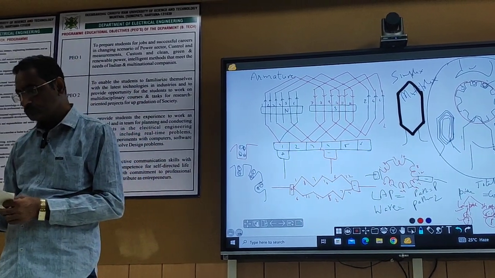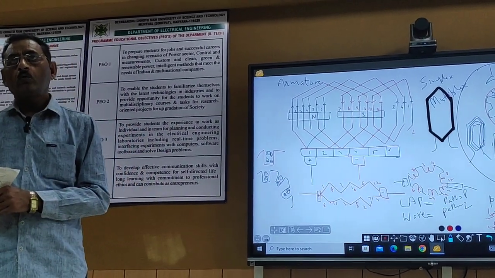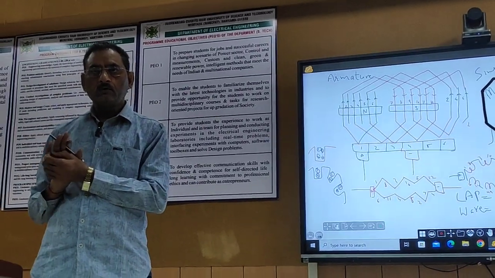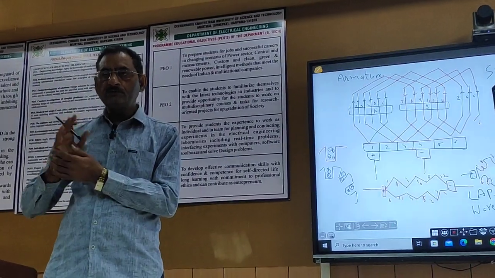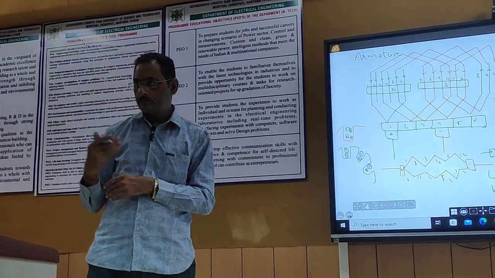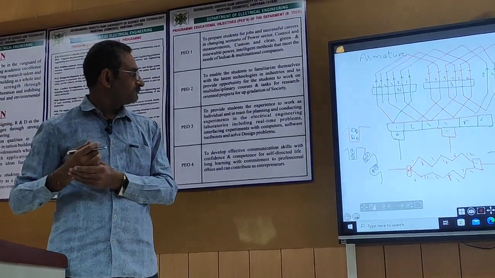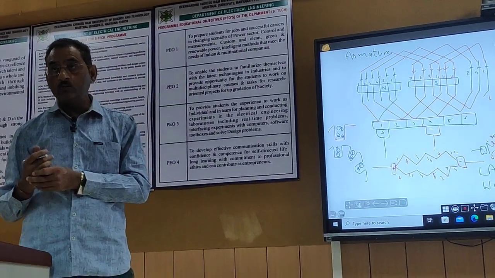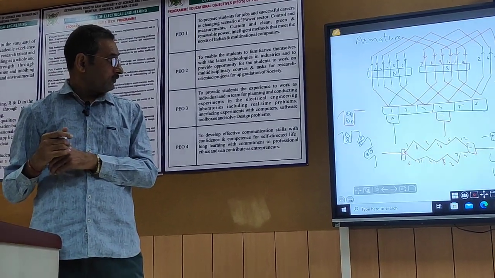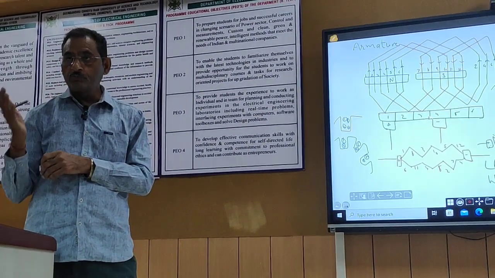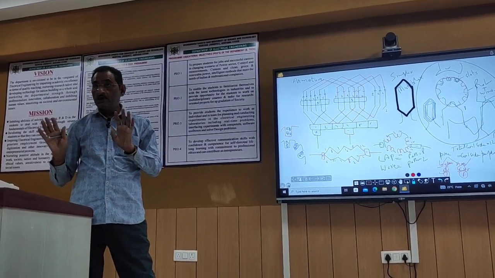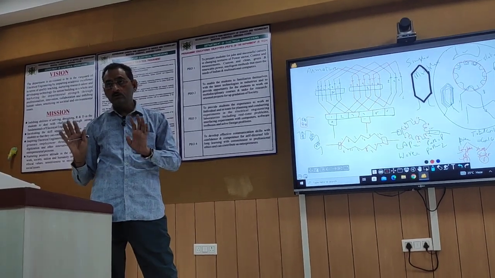So I think after this you might have understood what is the armature, what is the rotor, what is the winding, what are the various types of binding, what is the lap type, what is the wave binding, then what is the coil side, what is the coil, what is the turn, and what is the pitch, what is the coil span, what is the long pitch, what is the short pitch, what is the simplex, what is the duplex.